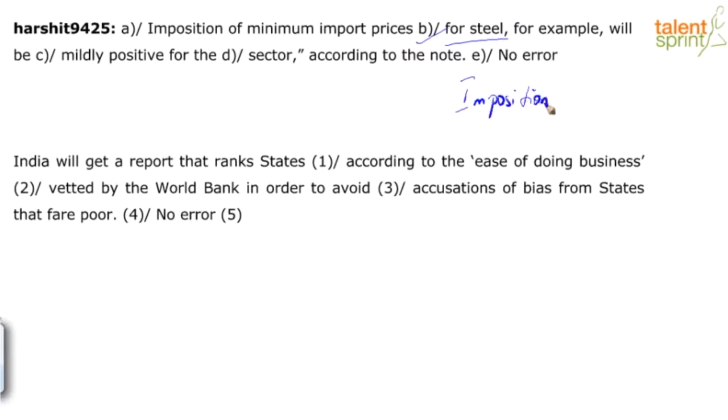Another thing you need to keep in mind is the source might give you a different meaning altogether. At this point of time, we've gone with verb plus preposition collocation, which is fine. I'm moving on to the next one. India will get a report that ranks states according to the ease of doing business vetted by the World Bank in order to avoid,